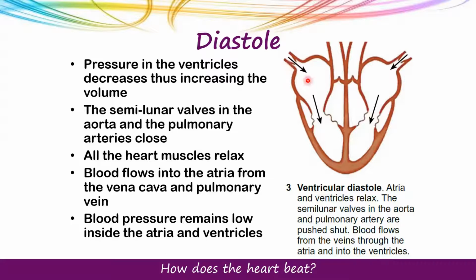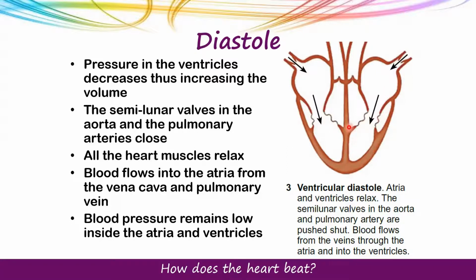Blood is coming in. Okay, so here it's coming in through the vena cava. Okay, and here it is coming in through the pulmonary veins. So blood is coming in through the atria, it is going into the ventricles. Semilunar valves, both the pulmonary and the aortic valves, are closed. All the heart muscles are relaxing. Blood flows from the atria to the ventricle. So we see from the vena cava and the pulmonary vein,